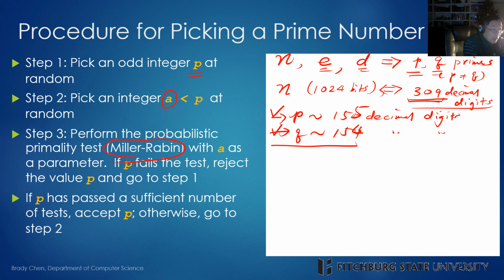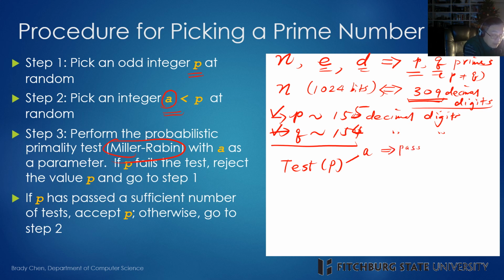Test whether p is a composite, or if we pass the test, that means p is probably a prime number, right? So we come to a conclusion that when using Miller-Rabin, you're going to perform the test for p with different random numbers a, right? If we choose a and we pass the test,